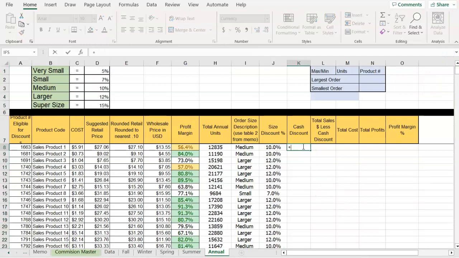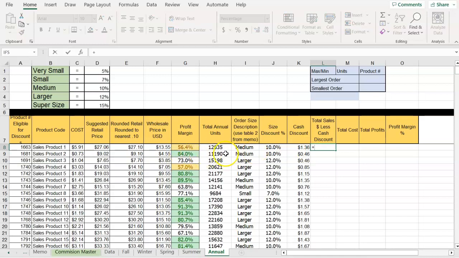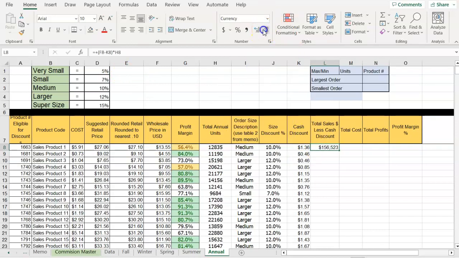Now the cash discount is going to be the wholesale times the discount amount. So this is the cash discount. Total sales less a cash discount. Okay, so this would be this minus the discount times the units. So we have to put these in parentheses. Actually, no, we just have to change this to currency. So this basically gives us the total sales